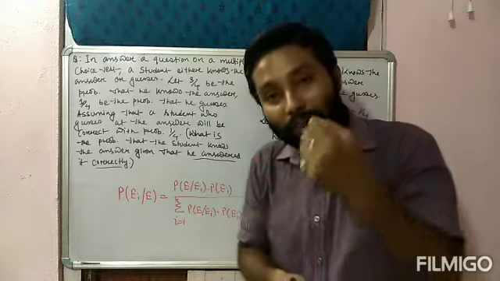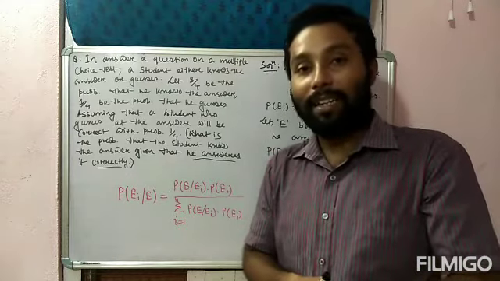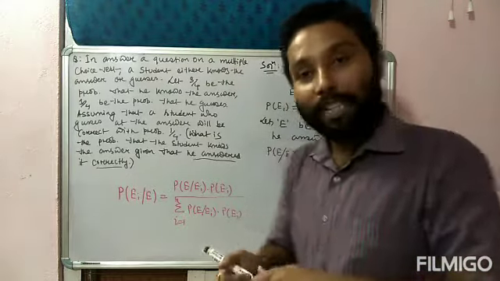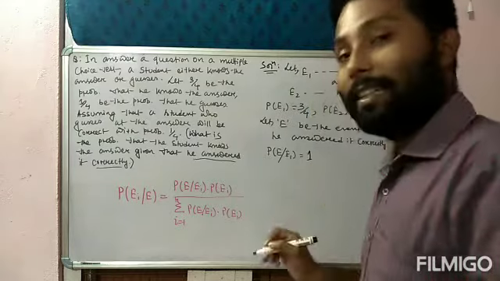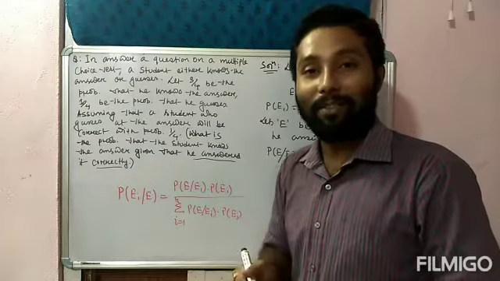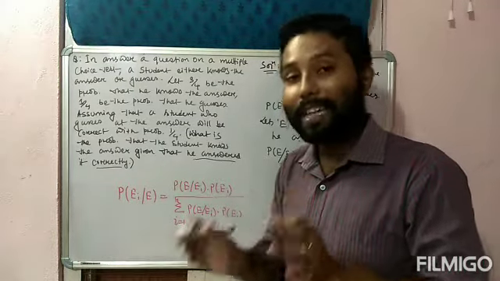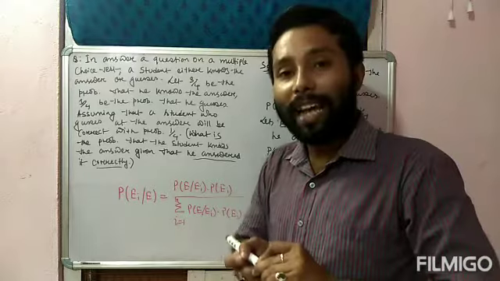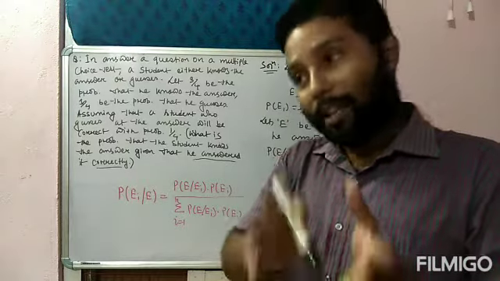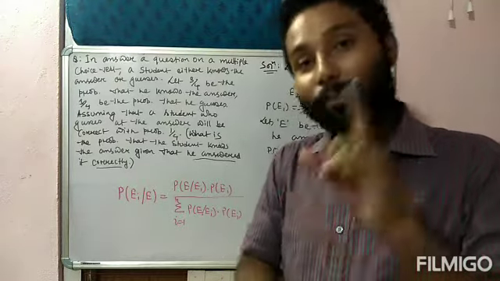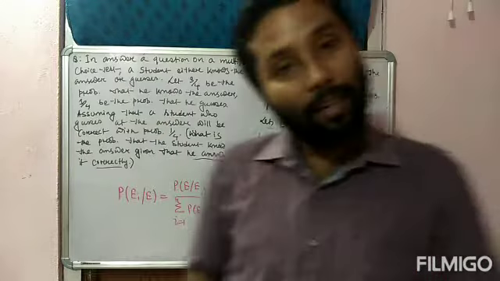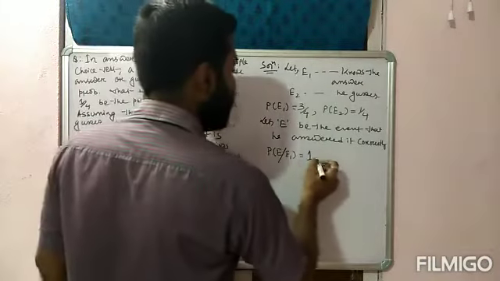So if you know the answer of any question, the probability of that event is always 1, na? This value is not given in this question. Yes, you have to think about it. If you know the answer of any question, you will write the correct answer only, and the probability of that event is always 1 only. Okay, so this is P of E slash E1.